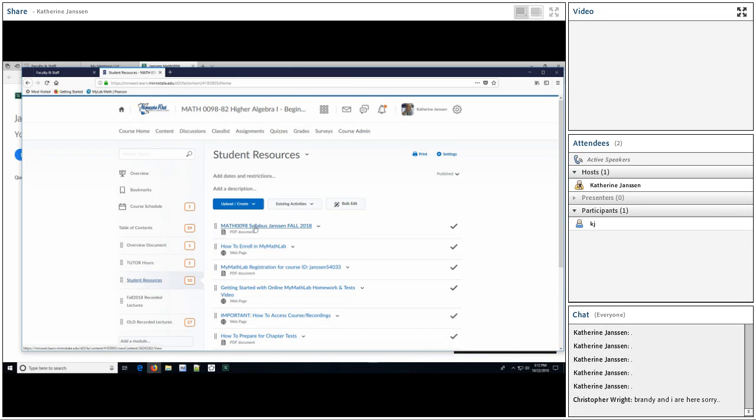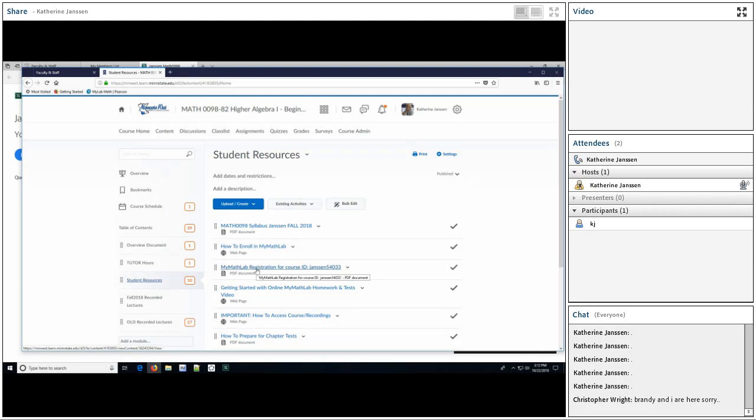The syllabus, if you are able to get in tonight and print that, that would be great. We'll be going over that together tomorrow. And we'll be looking at how to register at MyMathLab tomorrow, so you could print that handout. It'd be handy. You need to follow the steps to get into MyMathLab.